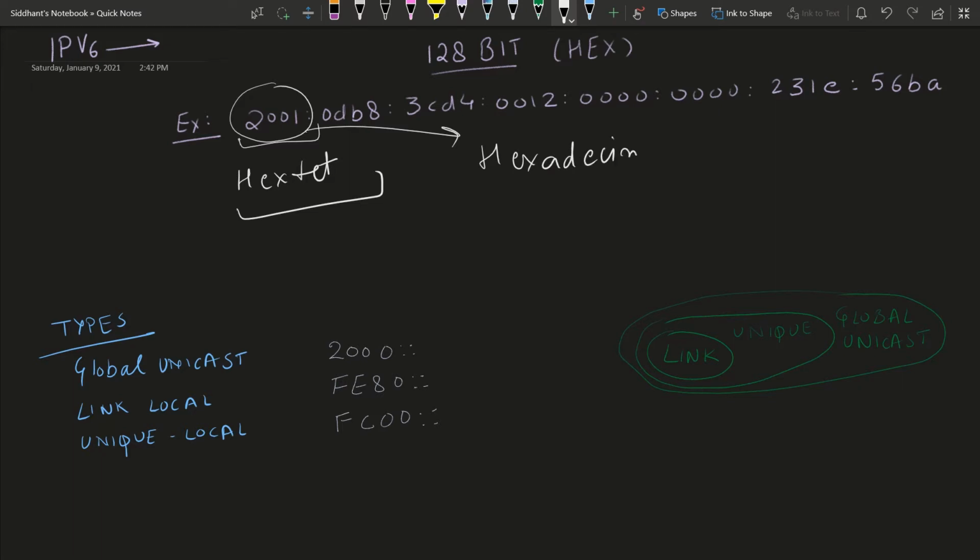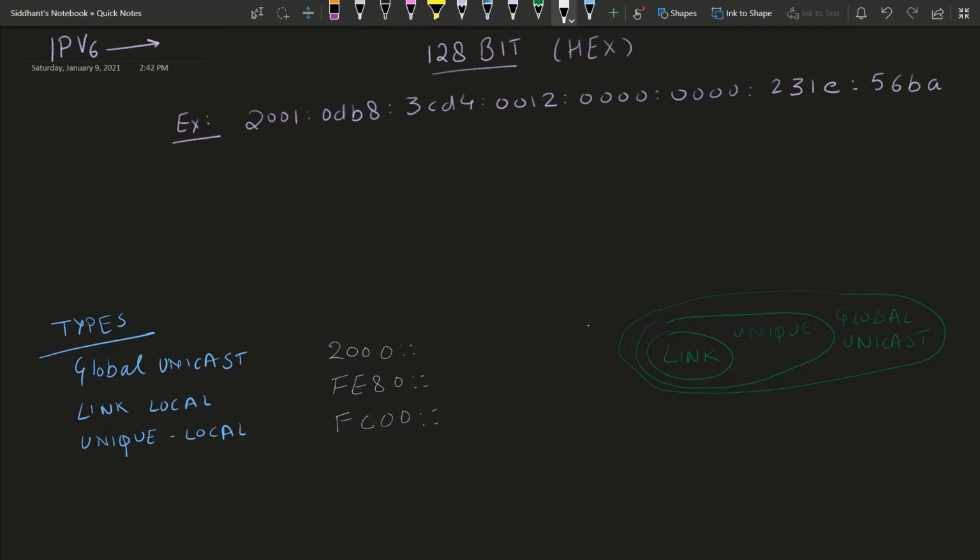In IPv4 addresses we had binary 1 and 0, but in this we have hexadecimal numbers, so we call them hextets. And they are divided into 128 bits, like 1, 2, 3, 4, 5, 6, 7, 8. 8 hextets are there, so a total of 128 bits.